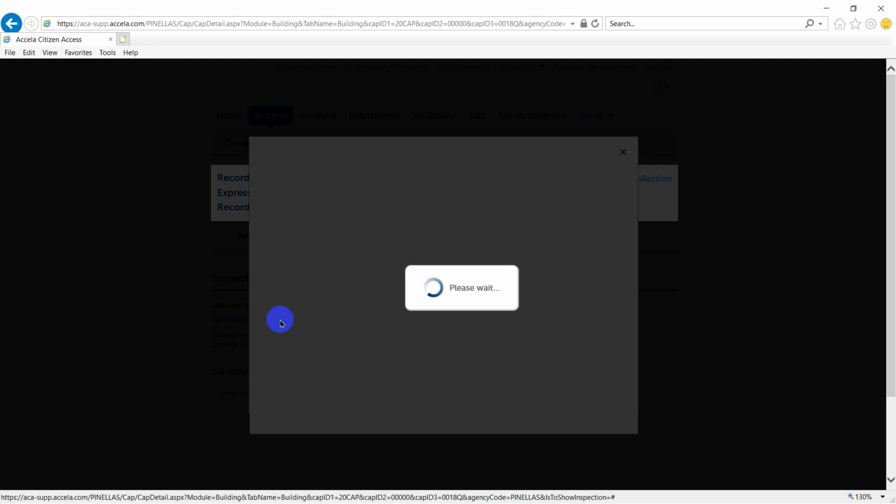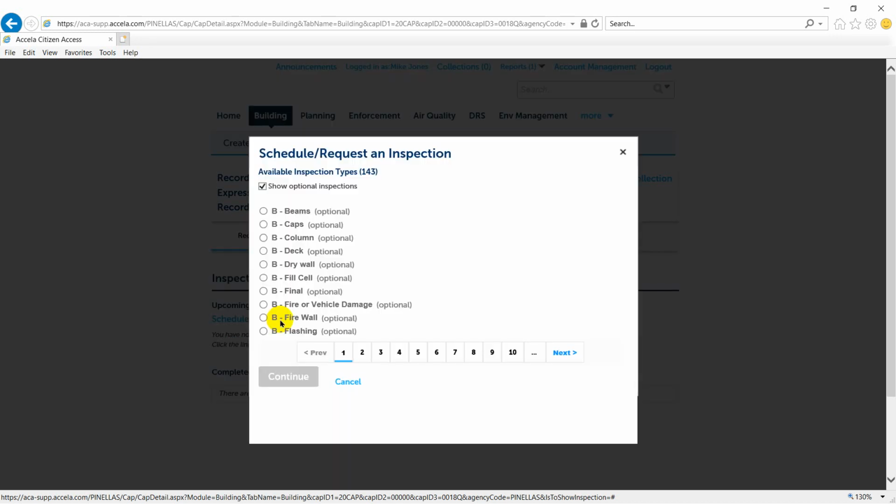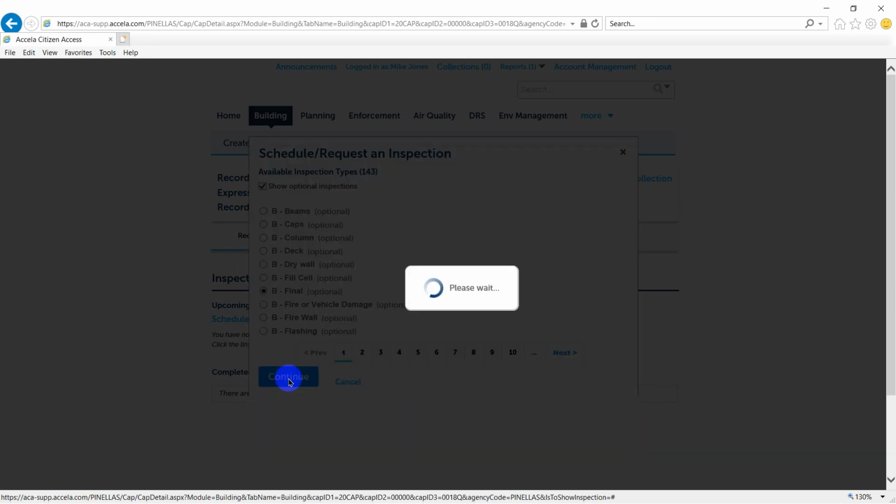And we're going to get a pop-up that gives us, first of all, the list of the inspections so that we may pick the appropriate one. In this case, I'm going to go ahead and pick a final inspection since the building permit that we originally applied for was a stucco. This is assuming that the job has been completed and now we're requesting the final inspection. When we click on continue,